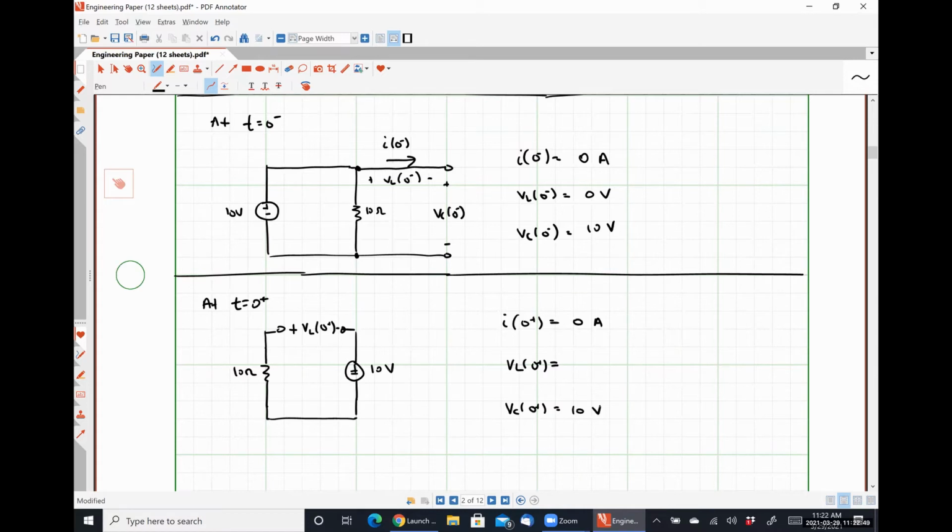Negative 10 volts, right? Because when we do Kirchhoff's voltage law around that loop, the answer has to come out to 0. We know that no current is flowing through that resistor, so we have VL plus 10 volts is equal to 0, so VL has to be negative 10 volts. All right, so there's our analysis at t is equal to 0 plus. Again, just a stunning amount of circuits knowledge being applied, right? So